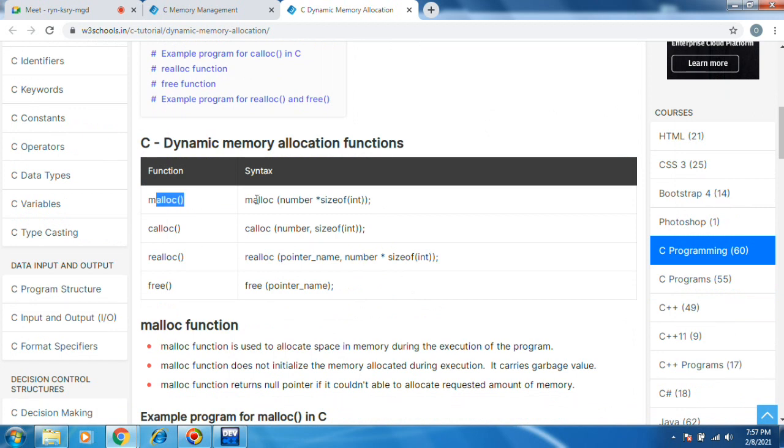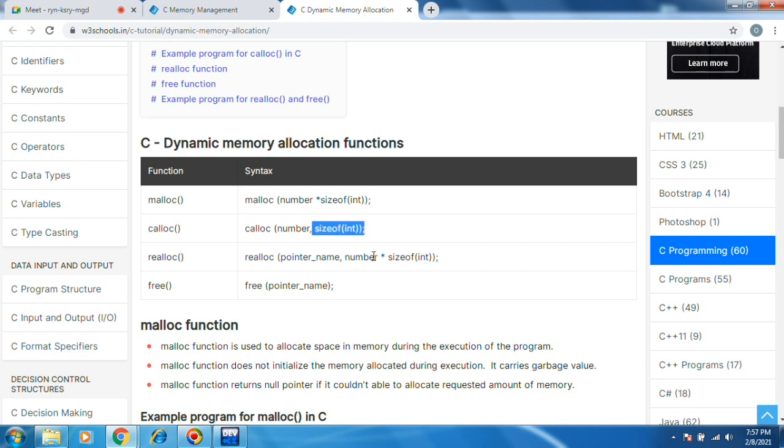Malloc allocates memory of such number of bytes. Calloc means allocate a block of storage, like if I want to allocate 10 blocks, then you go to calloc. Realloc means I have already allocated some memory and I want to reallocate another size.